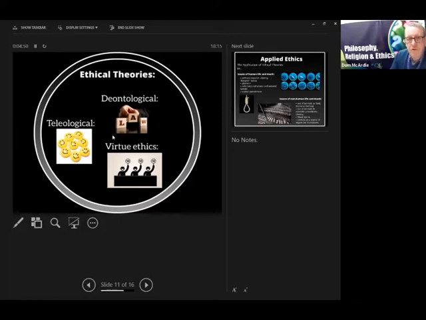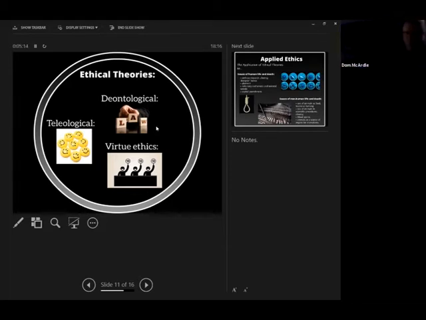Some others, much closer related to religion itself, suggest there are certain laws, and all we have to do is follow those laws. They're deontological theories. And then the third type is virtue ethics. Virtue ethics neither follows law nor goals. It suggests that we should focus, selfishly, on improving our own character, because to a virtue ethicist, good people